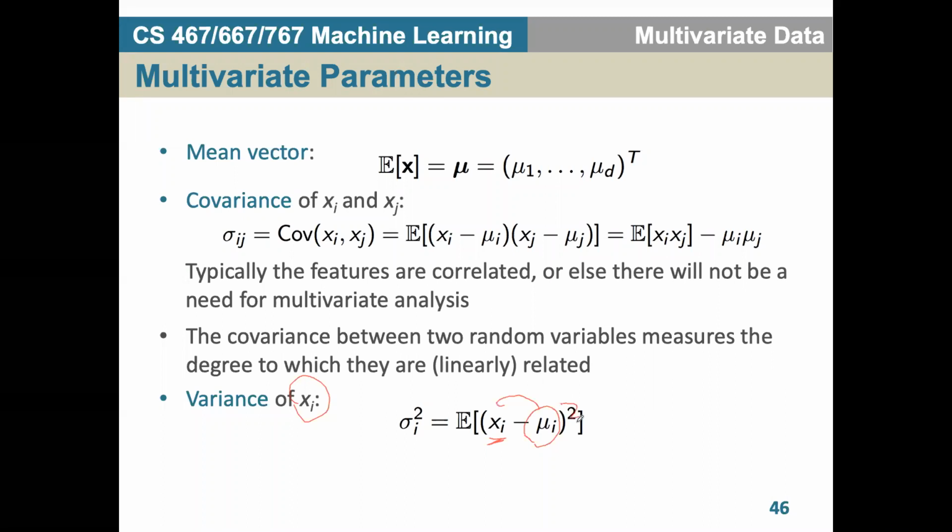Then you square them. This is the sum of square error in some way. Then you take the average, so this becomes, on average for each point, the squared bias. This is the variance, but this is only for the ith attribute with itself. If you think about 2 different columns, let's say in the table you have the ith column and the jth column, and you want to see how these 2 variables, xi and xj, are correlated with each other. For example,